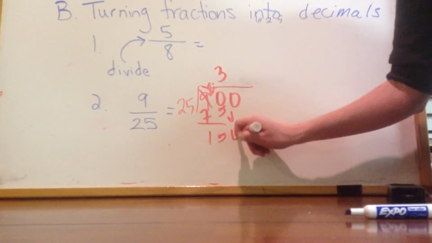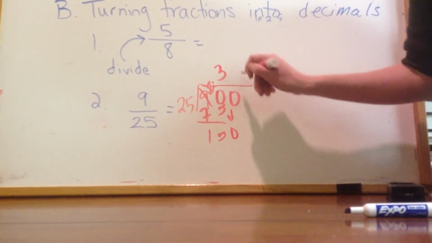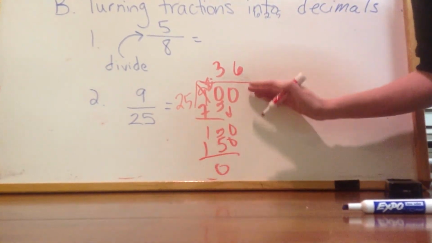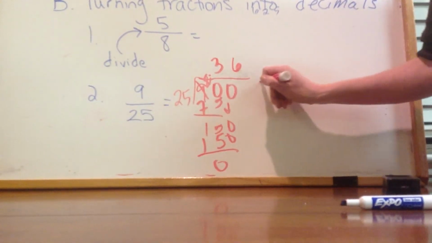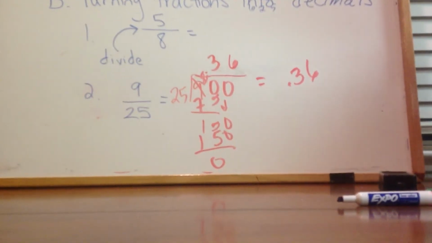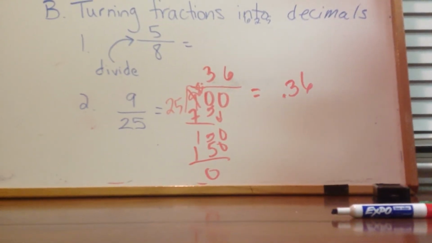Bring down our next number. And 25 goes into 150 6 times. And we're all done. There's nothing else to bring down. So 9/25 is equal to 36 hundredths. Okay, guys, that's it. Good luck. Oh, wait, let's try